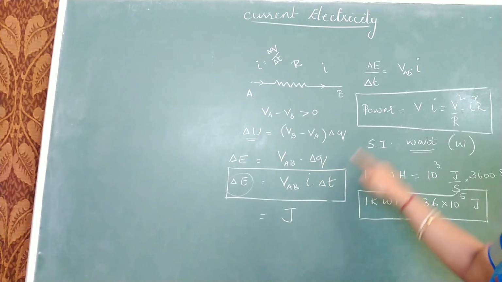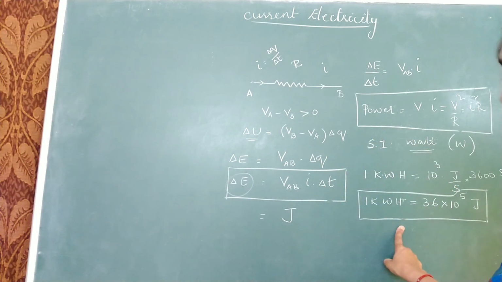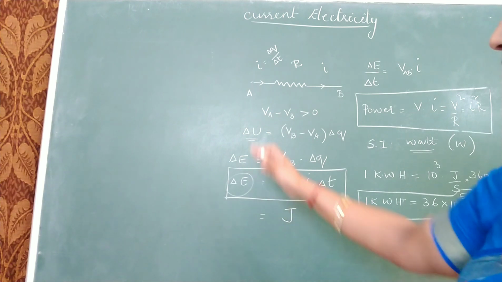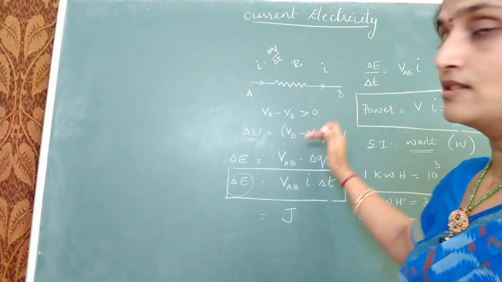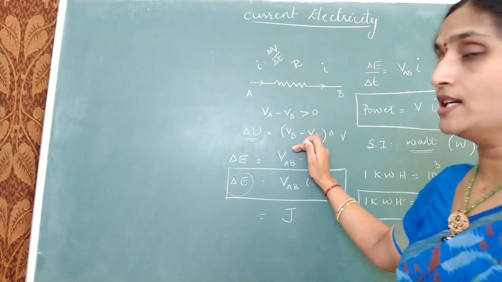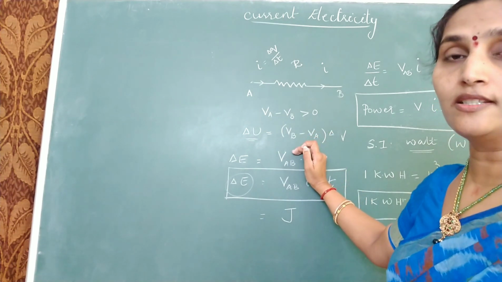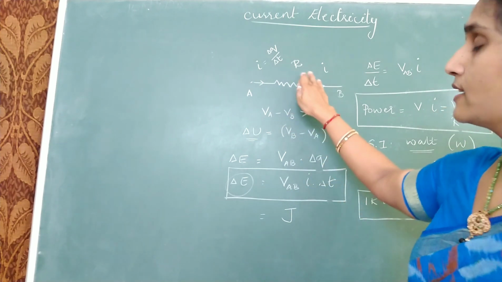So remember these two definitions as well as the unit. Again I repeat, when you are making a charge move from one part of the circuit to another part of the circuit, there is a change in potential energy. The decrease in potential energy appears in some other form depending on your element.